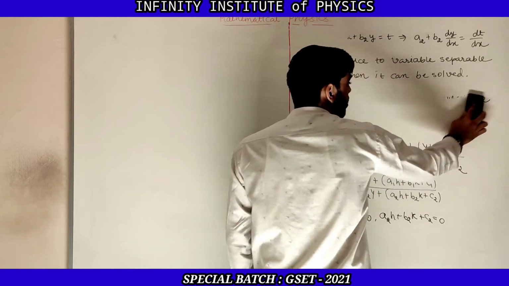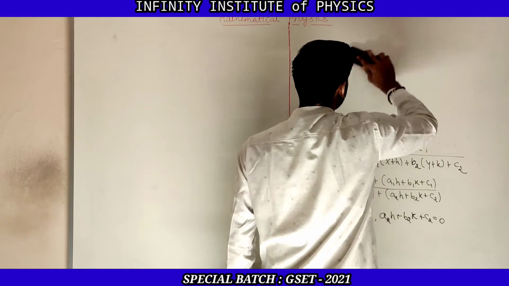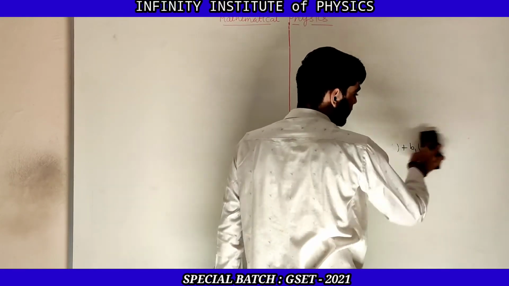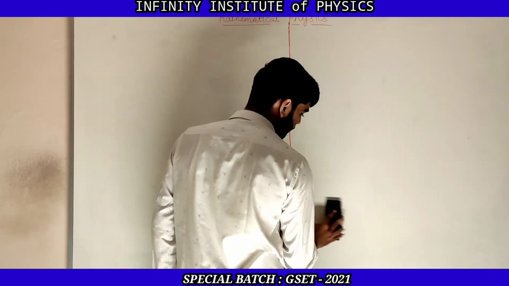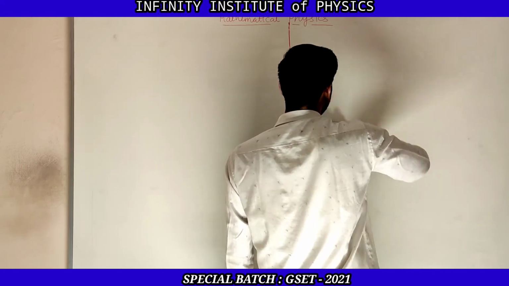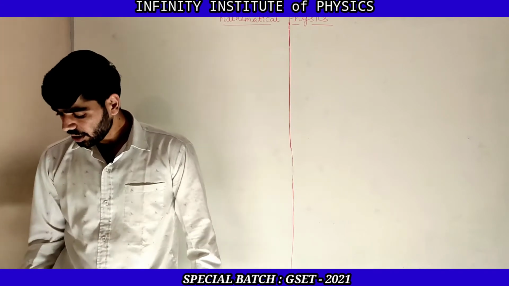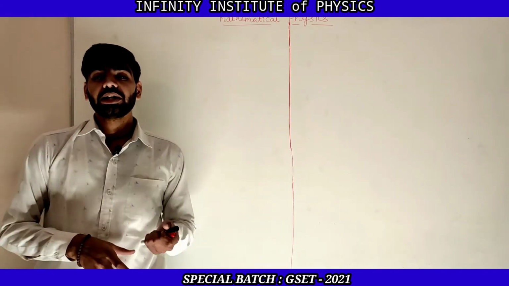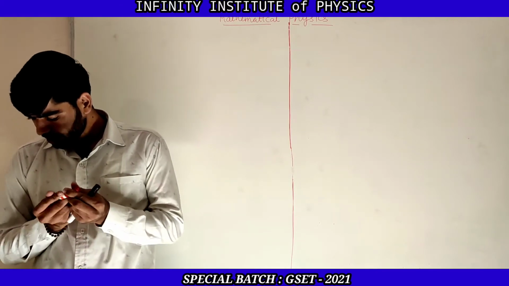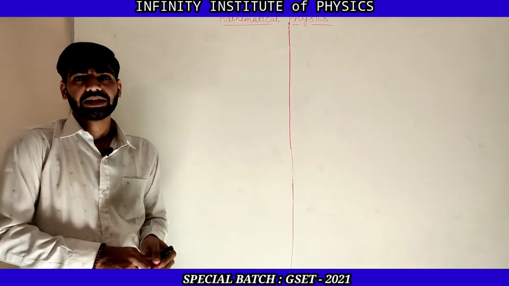But if it is not the same, that means the ratio is different, a1 by a2 is not equal to b1 by b2, then you need to introduce two new variables, and then you need to solve that integration. After assuming those two new variables, you need to convert the given differential equation into a homogeneous one, and then convert it into variable separable form, and then solve that.